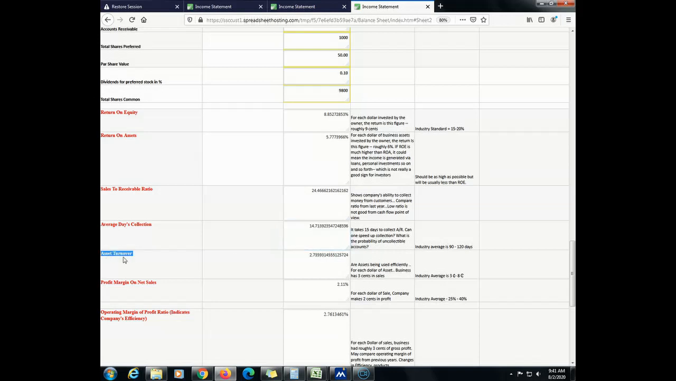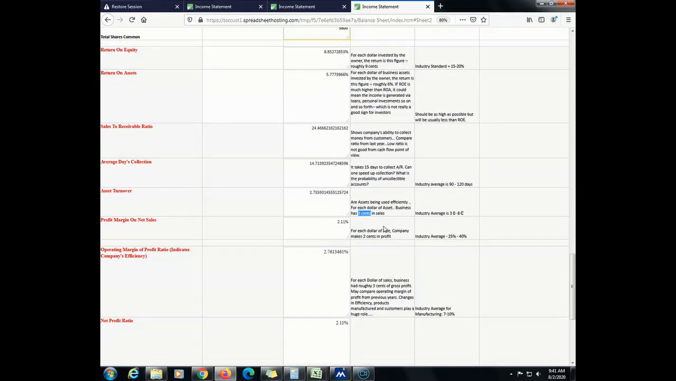Asset turnover is 2.73, which is roughly 3 cents, and this basically tells you that for each dollar of assets, your business had 3 cents in sales. Profit margin on net sales, 2.11%. For each dollar of sale, the business made 2 cents in profit. Industry average, once again, is